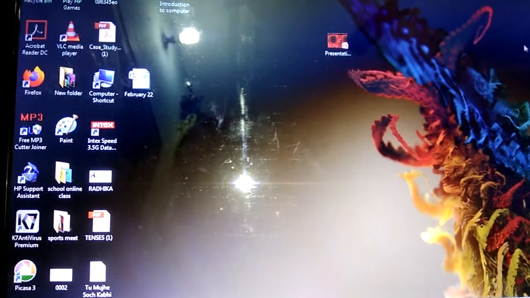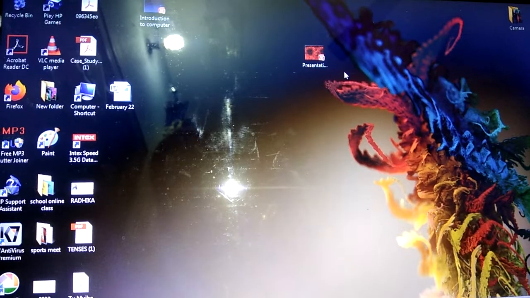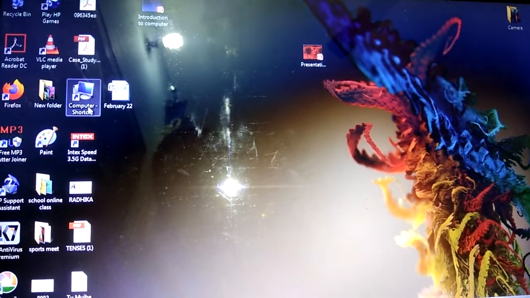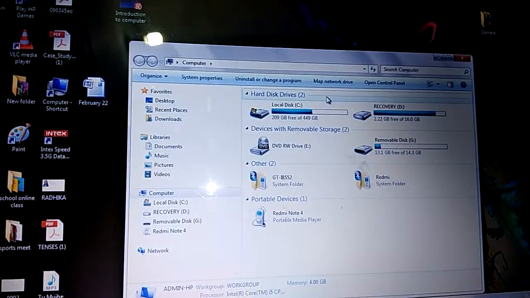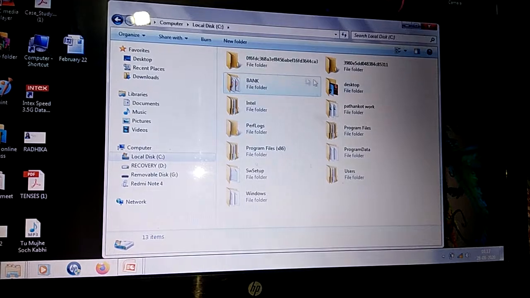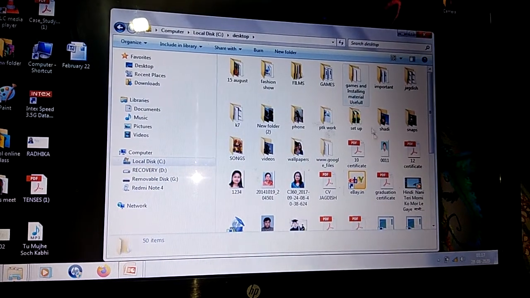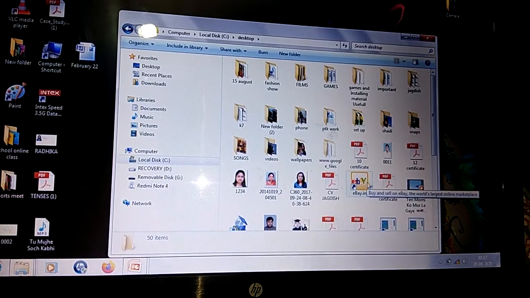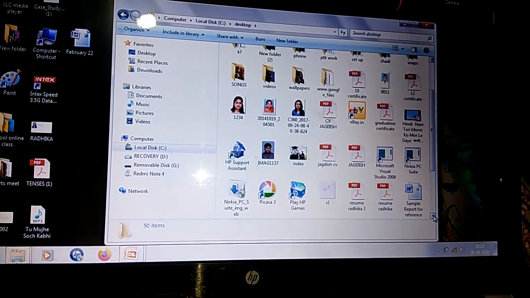The steps are: attach the pen drive to the computer, then navigate and open the folder containing the file you want to copy. You can choose any file.